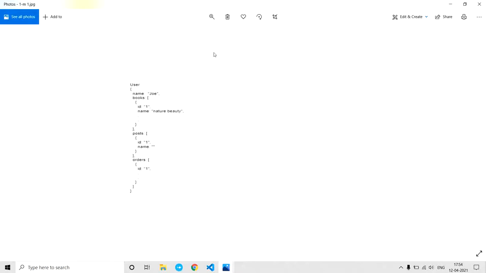Okay, so this is again a bad way of embedding all the books, posts, and orders into a single collection. It is similar to one-to-one. So if your collection is going to grow, it's again a bad practice. If your collection won't grow and is simple, we can embed into a single collection, but usually tables like user will grow in future, so let's not embed. Let's separate books, posts, and orders into their own collections.